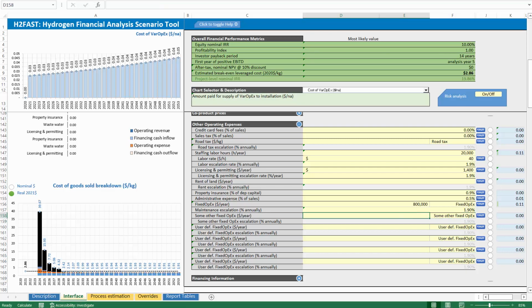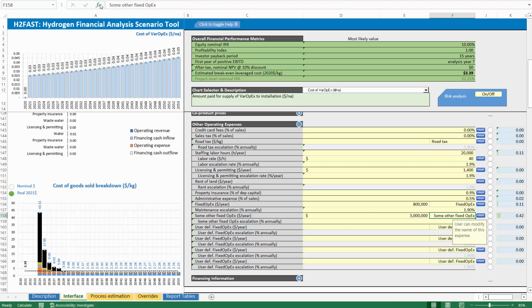You would say that, and let's say that it happens to be $1 million per year, or $3 million per year. Maybe it's O&M, general O&M. You would specify that in here. If it's maintenance that is annualized, you can specify it in here. Or if you have